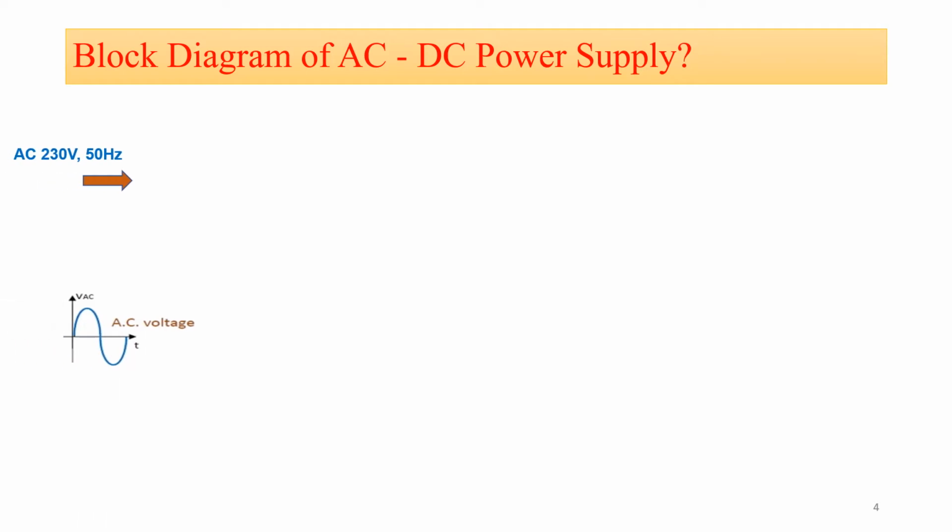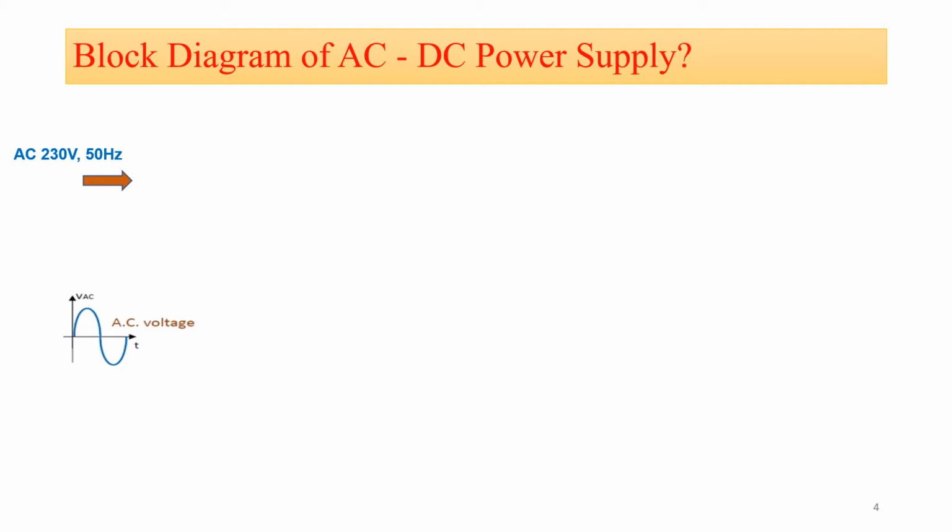Now first of all, the AC signal. AC means alternating current of the amplitude which is equal to 230 volt and 50 hertz. Now this signal is from the electricity board. Now our objective for this block diagram is to convert our 230 volt 50 hertz into 5 volt DC signal. Now first of all, input is from the electricity board.